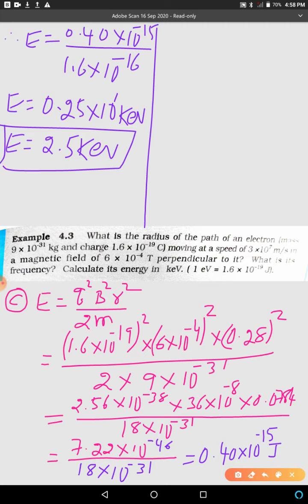Or we can use another formula. Or I will say you try it. In the same way we can find the kinetic energy. What is the kinetic energy of the electron? Kinetic energy will be equal to half mv square. Because it has only kinetic energy, it won't have potential energy, because it is revolving. So substitute half mv square: half, mass of the electron, for the mass of the electron it is 9 into 10 power of minus 31, half into 9 into 10 power of minus 31